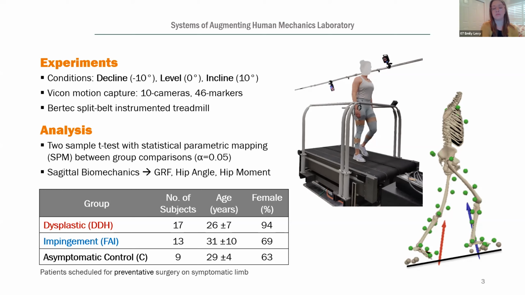They were diagnosed by Dr. Wells at UT Southwestern using standard radiographic angle measurements, as well as history and